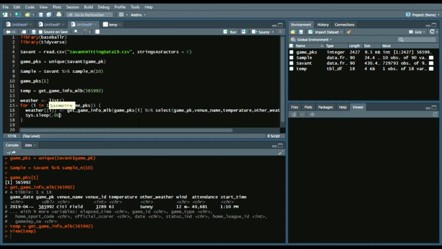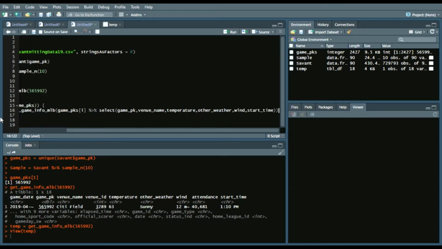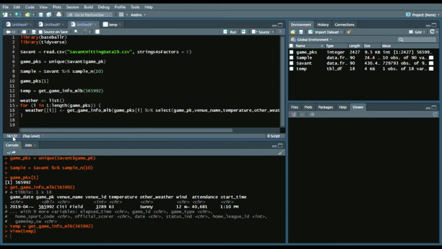Because again, depending on your computer performance, it might be a little bit slower than your computer can handle, or I should say a little bit large in terms of the memory your computer can handle. So if you feel like your computer won't be fast enough to handle all those requests, add a SystemSleep like I just mentioned there. And then once your list is added, how do we put that into a singular data